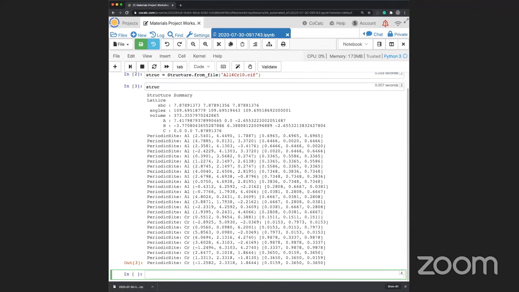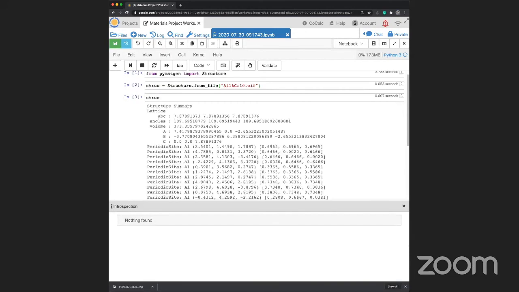But even though most files that you'll get for structure definitions are CIF, or this crystallographic format, codes such as VASP, Quantum ESPRESSO, ATAT, exciting, LAMMPS, they don't take CIF files, they take their own custom format. So the first thing we need to be able to do is actually convert into the format for that specific code. So if I type in from pymatgen.io,